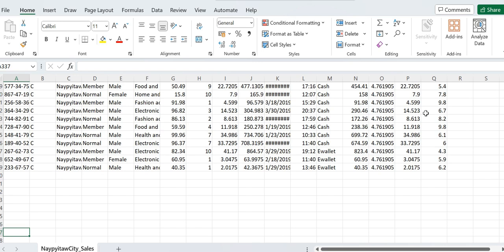This is simple. A simple append option is possible between two datasets, and even the third dataset can be added to create a single sales table containing the sales of three different cities of the same country.